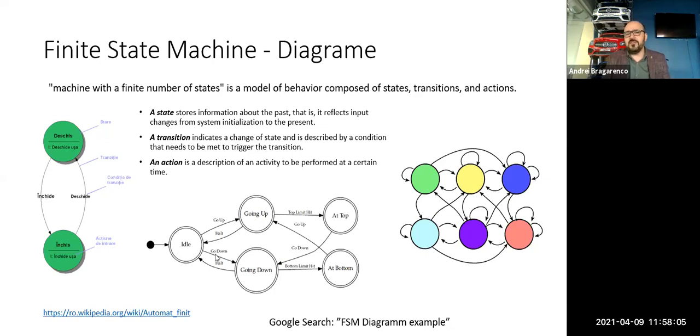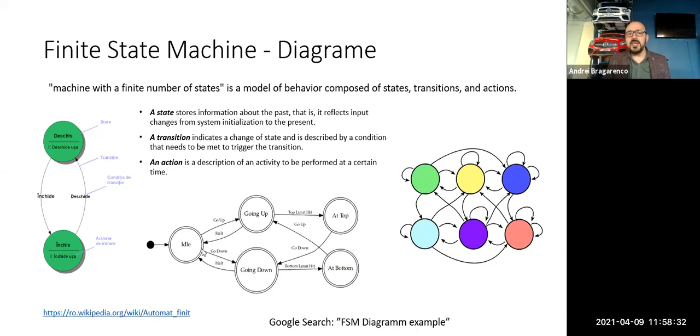Of course, if I'm on the bottom floor, it is possible to press the button go down, but we'll see what the behavior will be according to this diagram. So when I'm in the idle state, just after switching on the elevator,